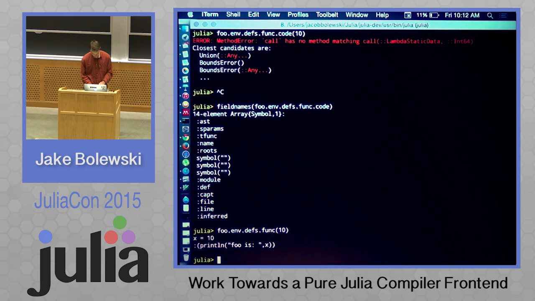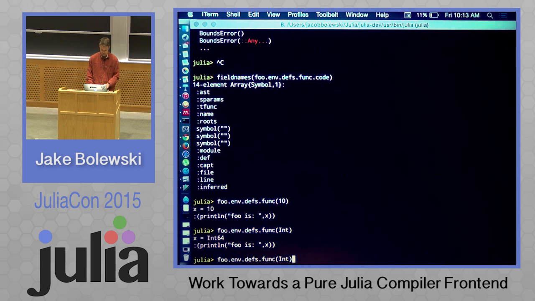Yeah. So you can actually call this function directly, the ungenerated function, and you can see that it takes the type as the argument, but then it passes the result, and it just splices it in. So this is basically how the whole system works,